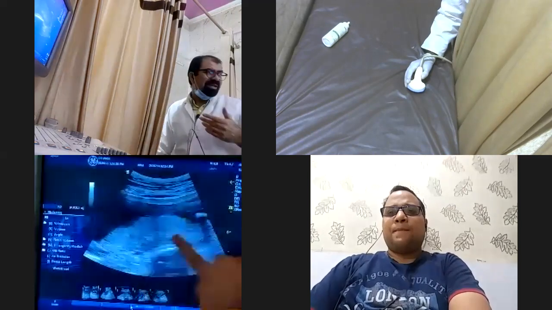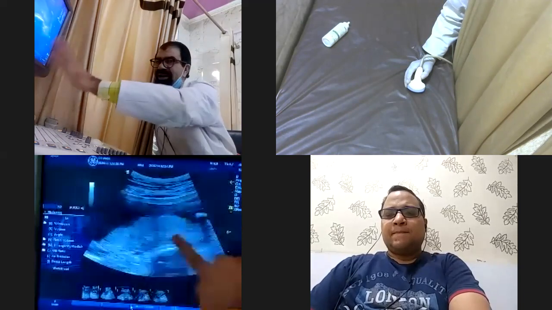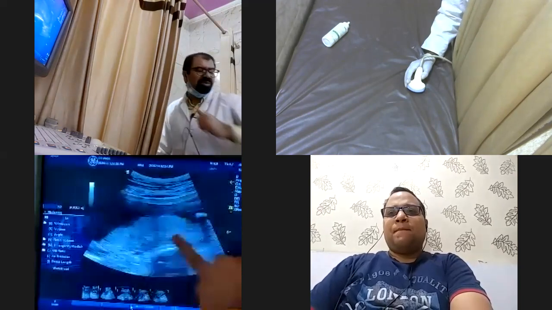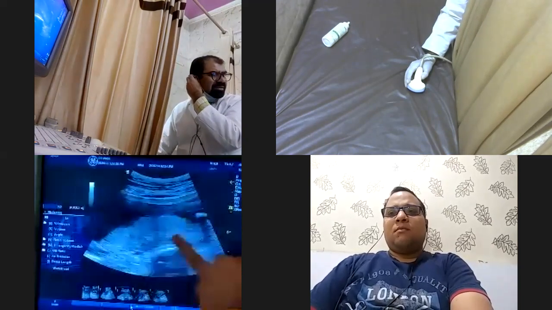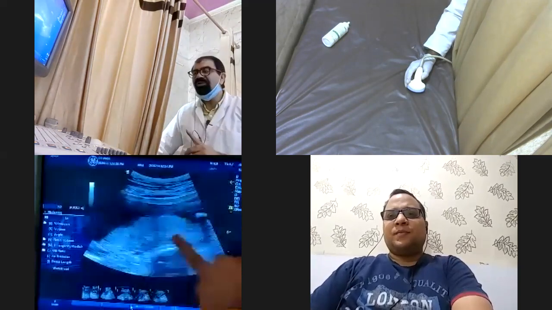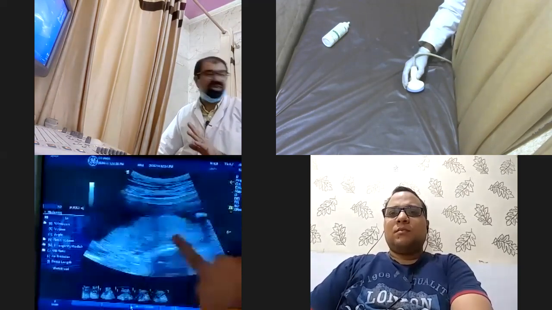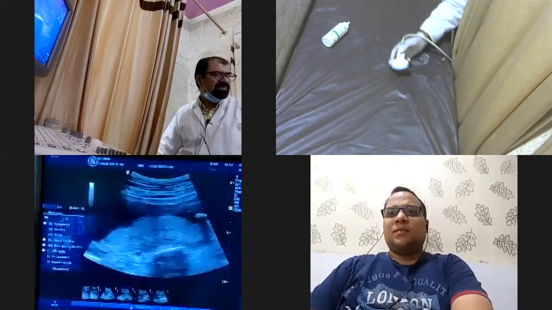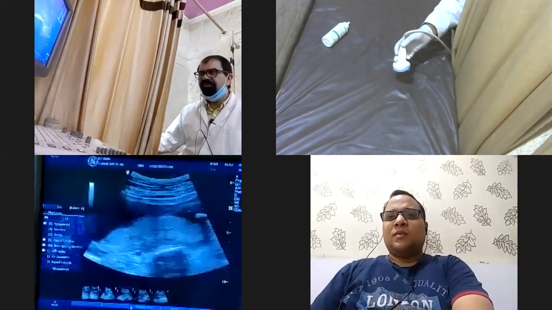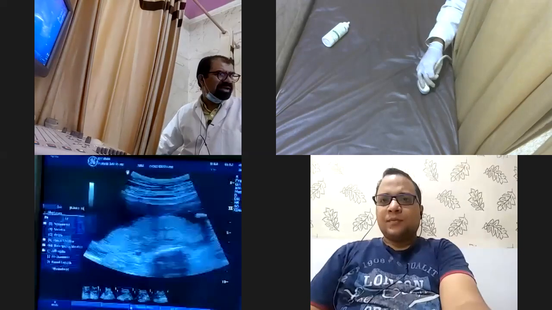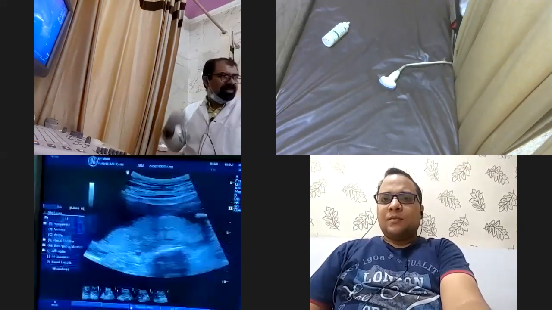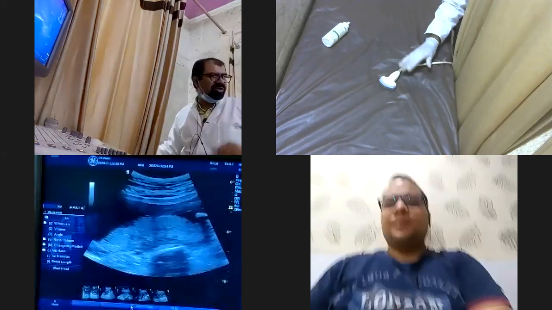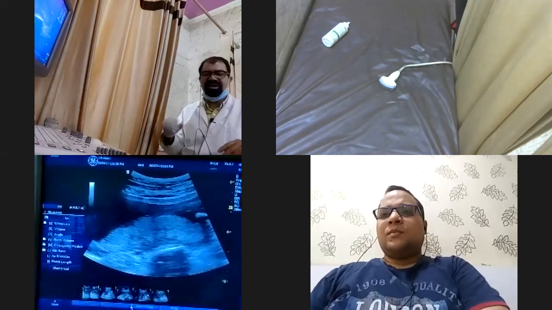But the point is, if you did not know the screen orientation, would you be able to give me the location of the placenta like you gave me the posterior placenta over here? Never, sir. This way you have to be very clear with the screen orientation and these movements of the probe. Done? Yes, sir. Now, this is about the screen orientation and the movements of the probe. That is already sent to you, the theoretical class. We will not discuss the theoretical class over here. What we are doing is showing you the practical implementation of whatever classes we have taken with you,